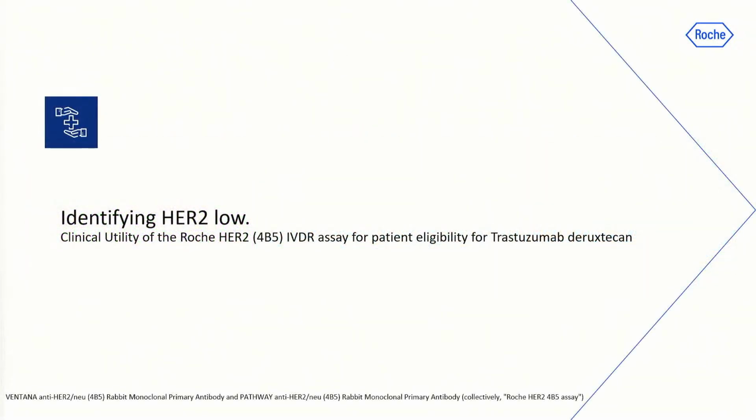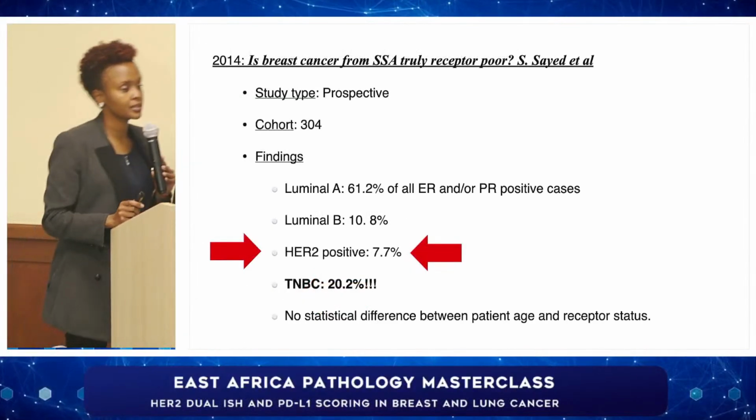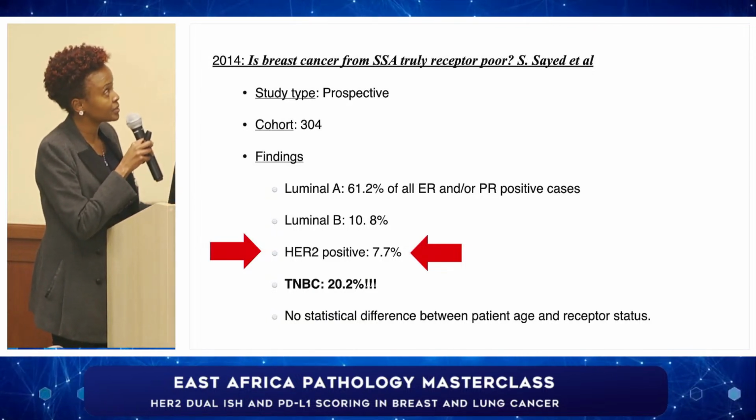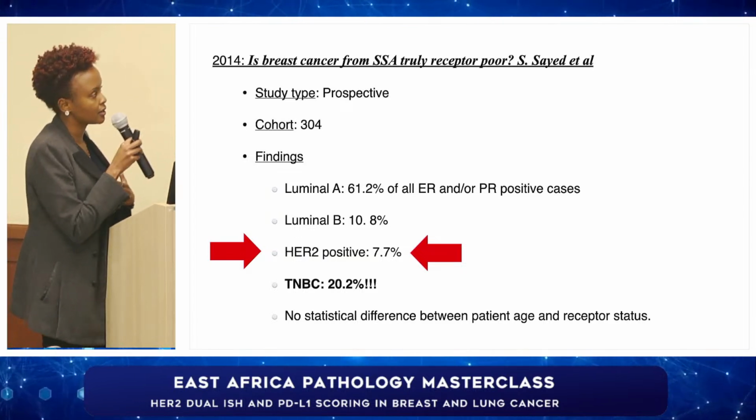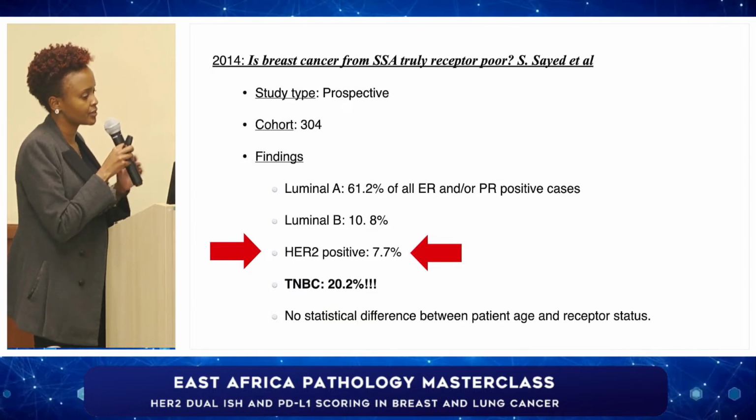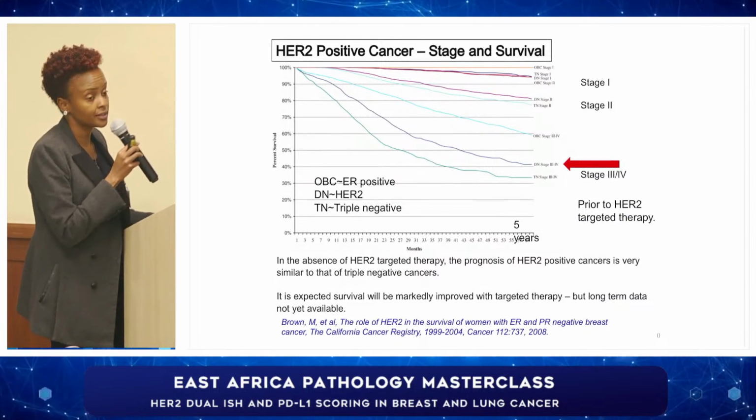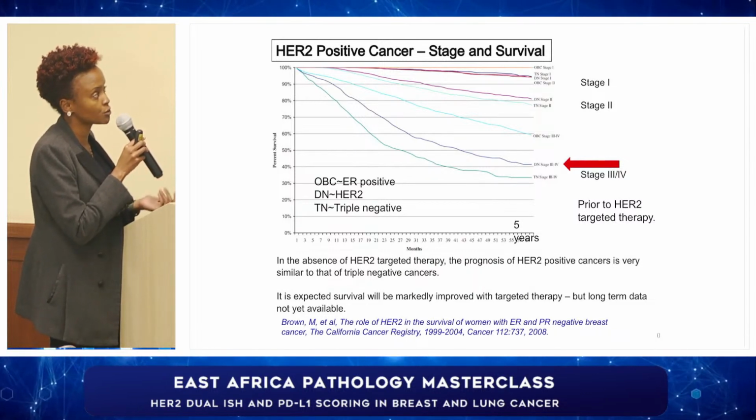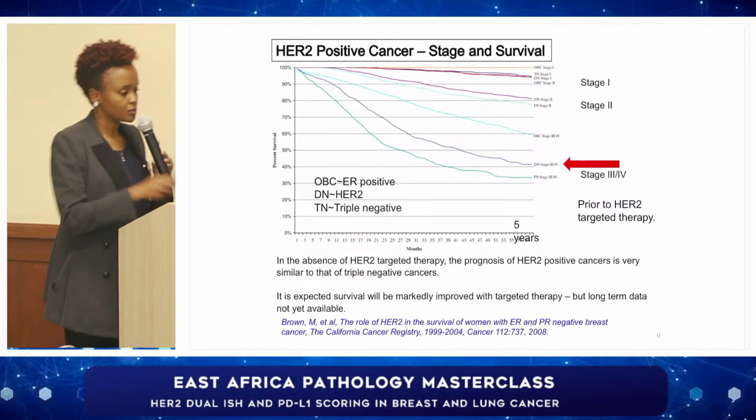So, what is the importance of identifying HER2 low? In Prof. Syed's presentation, she mentioned that 20% of all breast cancers are HER2 positive. And in our setup, in a similar study done by Syed et al., we found that 7.7% of our breast cancers are HER2 positive. So still quite a significant number. And prior to management with HER2-targeted therapy, these patients tend to perform very poorly with regard to overall survival, as is depicted by the red arrow, okay? And so because of this,